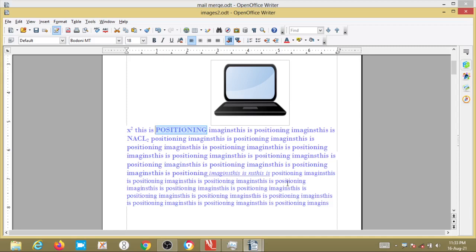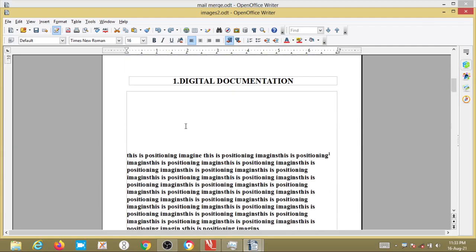Then highlighting the text. Imagine I have written something here and made it underlined and italic. Again, if I want to highlight it, then I have to go for the highlighting option. Here, whichever color you want, you can take that color, and it has got highlighted. Clear now? This is one way: from the formatting toolbar we can select the highlighting option. So this is about highlighting.